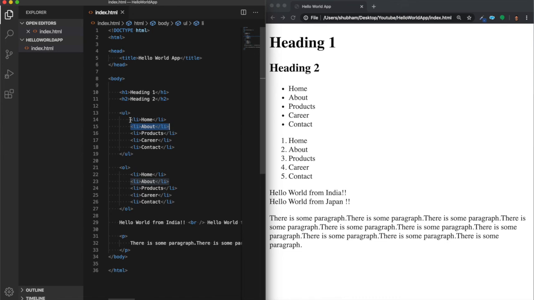The parent of this tag is the unordered list. So the unordered list is also a block element, so that will take the 100% width of the parent element, and the parent of this unordered list is body. Okay, so it's taking the 100% width of this.